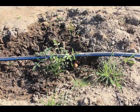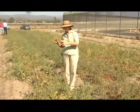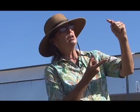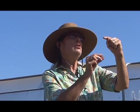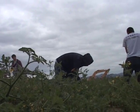We initially planted seedlings, and they started out approximately the size of that little tomato plant right there. They were taller, and what we did, we dug a deep hole, incorporated some organic tomato fertilizer in the bottom of the hole, stirred it into the soil, and took the little plants that were about this tall, including the root, and removed all the lower leaves and planted them very deeply. When you do that with a tomato, wherever you remove the leaves, it will send out more roots. So these plants have very large root structures,